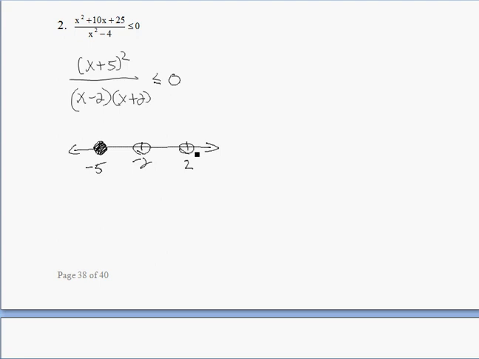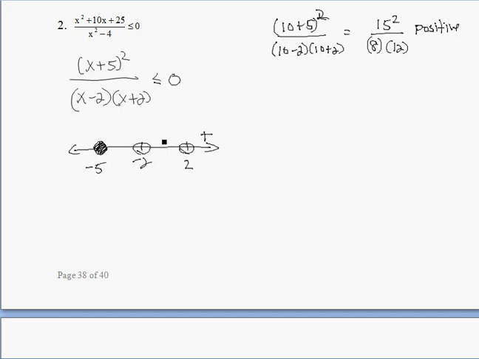So a number to the right of 2, a good number is 10. So 10 plus 5 squared, that's 15 squared, all over 10 minus 2, 10 plus 2, is 15 squared, positive, 8, positive, 12, positive. So this is a positive number. So that means it's positive over here, odd multiplicity, sign changes, odd multiplicity, sign changes, even multiplicity, sign stays the same. So the only regions in which my function is less than or equal to 0